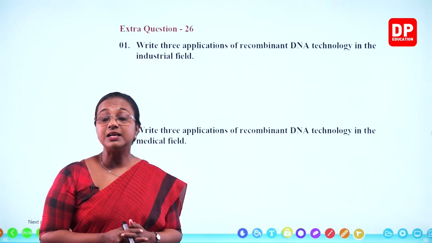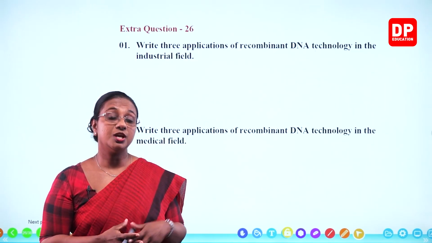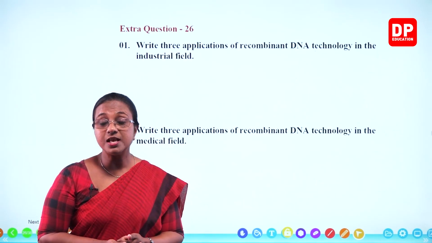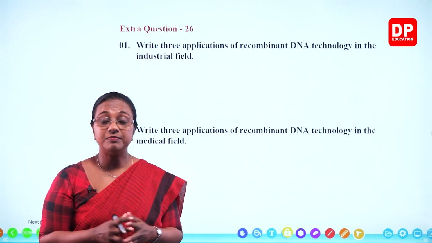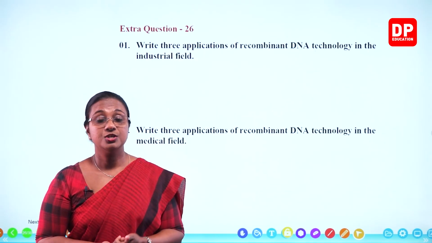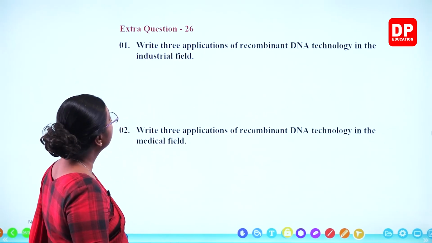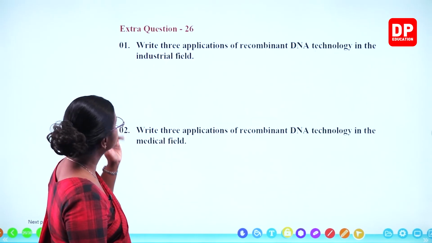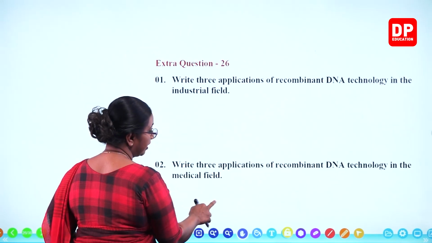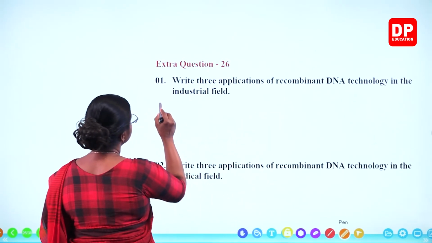You are familiar with the concept of bioremediation, where we use microorganisms that can reduce this pollution. So there we can use recombinant DNA technology. So those are applications of recombinant DNA technology in the industrial field. So if we write 3 applications, one is